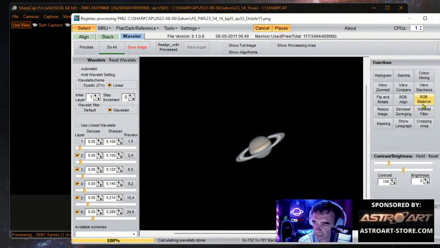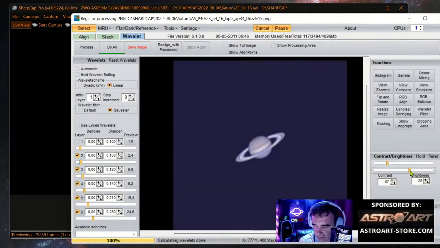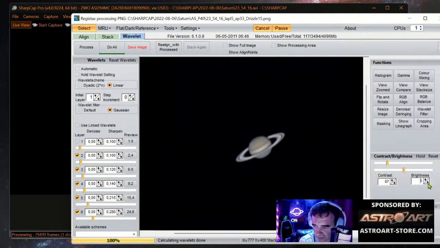And now we don't need the RGB align because this is fine. Here contrast, brightness at the right, also you can use it. Let me check if it's needed. Contrast, I will go up with contrast to see what happened. Oof, too much. Okay, brightness. Less brightness is awful. No, this is awful. Zero brightness.